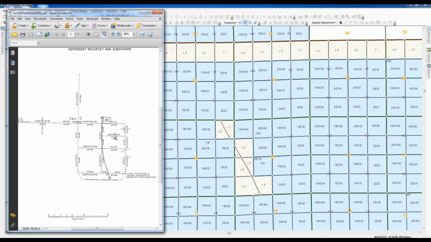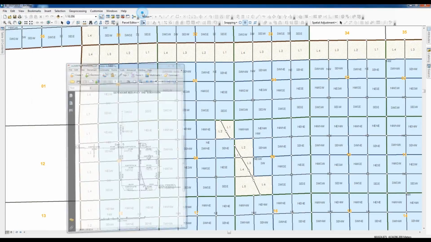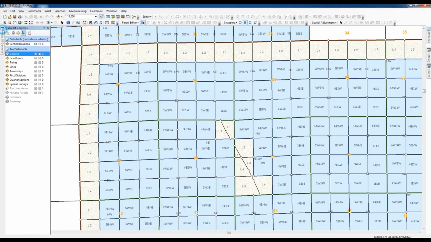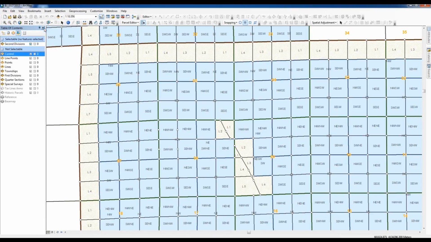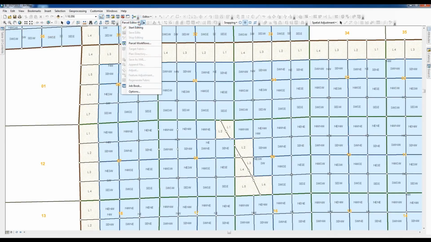Now the reason we're going to edit the polygon to match the plat prior to import is there are no parcel points for that dividing line existing in the parcel fabric at this time. It was surveyed and there were surveyed points set. So I found it best to edit the polygon first, create the parcel points ahead of time. We verify our selection, just second division. We start our edit, we get our selection tool,